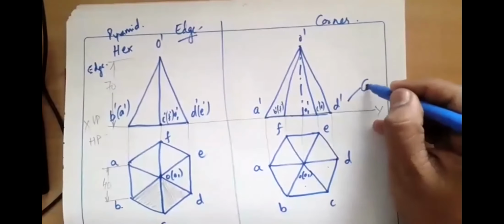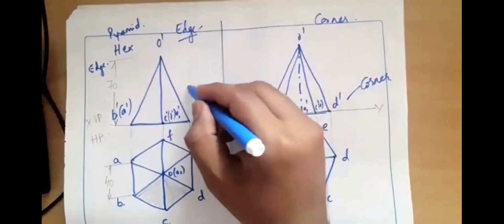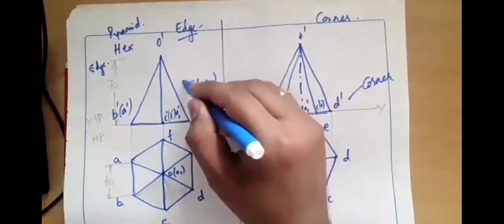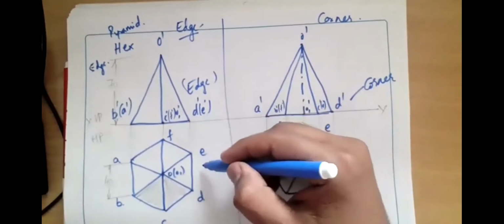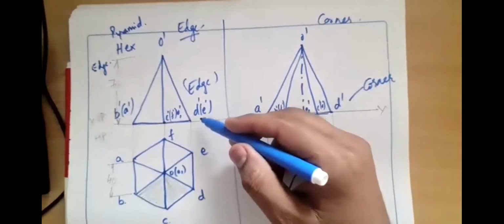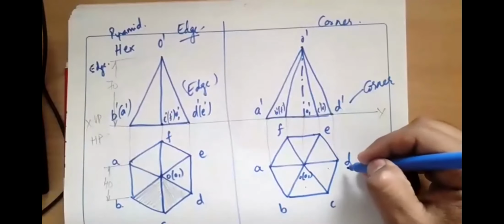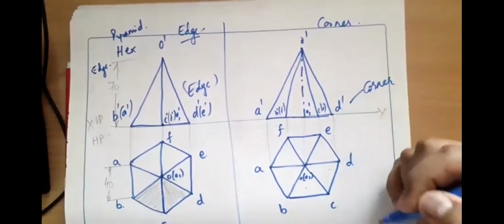D is a corner. On the right hand side, whatever you have kept, it is a corner. That is what you need to understand. Edge means there will be two names, E D. Two corners are named here, or two names, E and D. Similarly, corner means there will be only one name, which is associated with a corner.